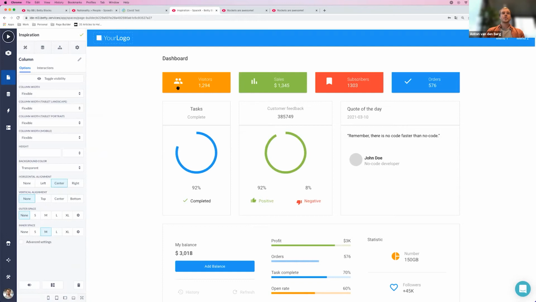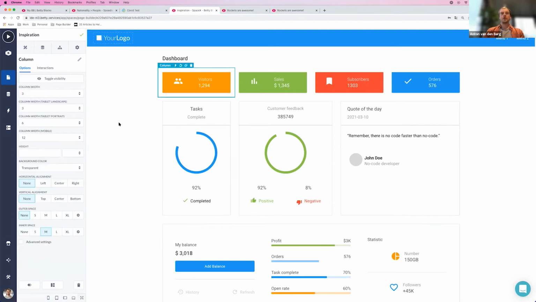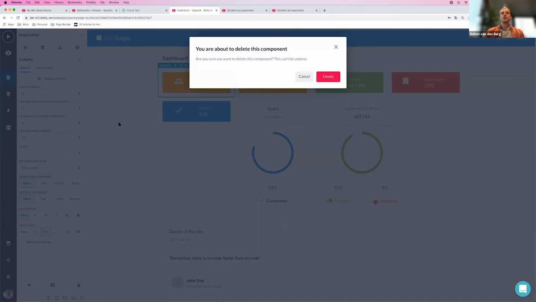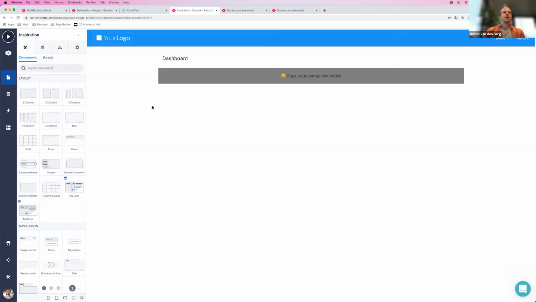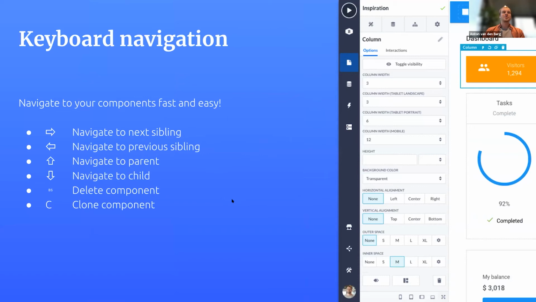there we go. So you can select a component. I'm not sure if you can see my mouse, but it is not moving. And I can now use my keyboard to navigate to these components. And I can also choose to clone it, for instance, which instantly clones it. And I can choose to delete it, which would be with backspace, which still gives you the prompt, but you can press enter to submit this, and then your whole page breaks, but not sure what that is. Live demos for the win. But let's continue